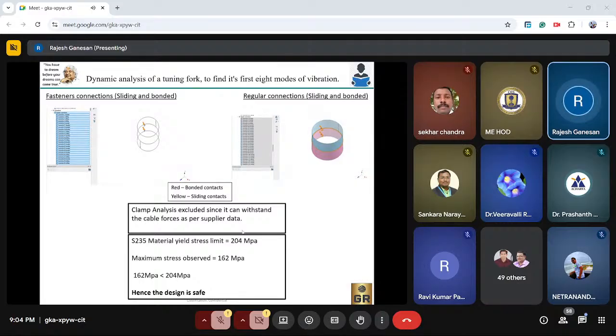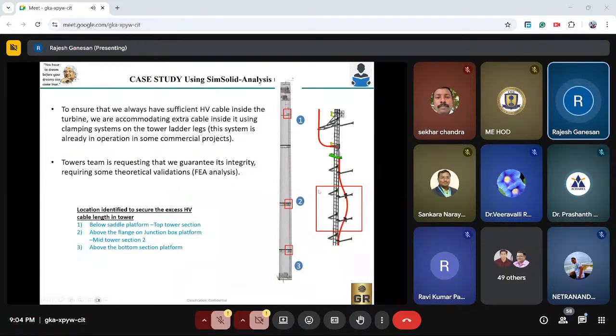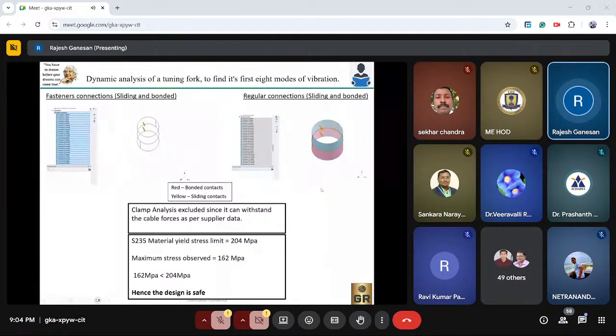Before I started analyzing, this particular area, because if I start analyzing the whole ladder itself, it is a waste of time. Only the particular area where the cable touched, that area alone I'm going to analyze. Okay. So for that, these are the conditions. In the software itself we have some connection conditions. This is one of the wind turbine case studies where we do some fastener connections and regular connections by doing the calculation. As I told you, for FEA first of all we want to understand the